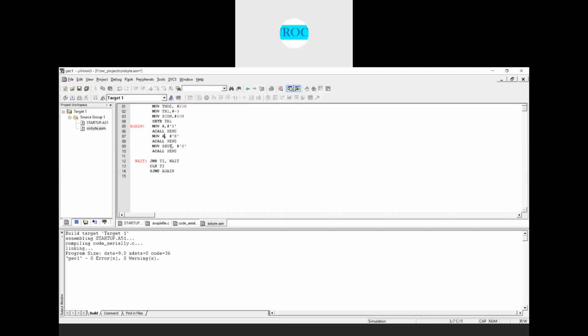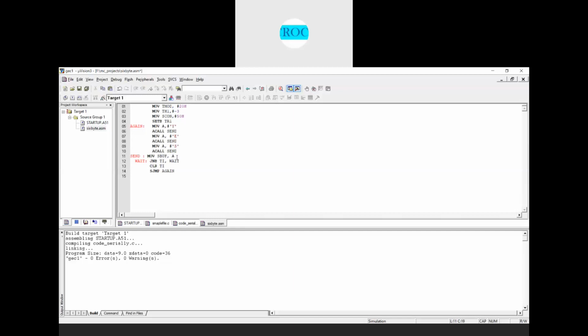A. This has changed to A here. So the subroutine what we have is send. Now what I do here: MOV SBUF, A, so that when I say MOV A, #'Y' and ACALL send, it will come to this subroutine. What you do: MOV SBUF, A. What is the content we have here? For the first move, A is having the content Y, which is the hexadecimal equivalent of Y stored in A, and that content will be copied into the SBUF register.